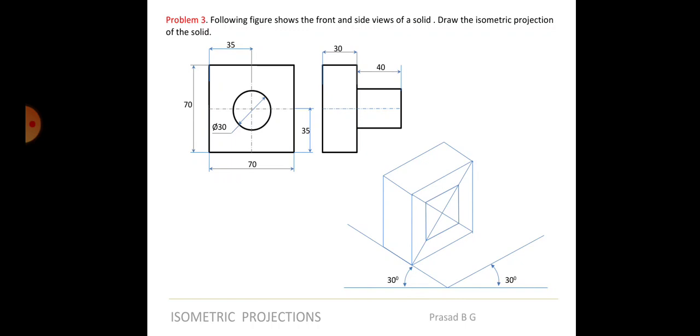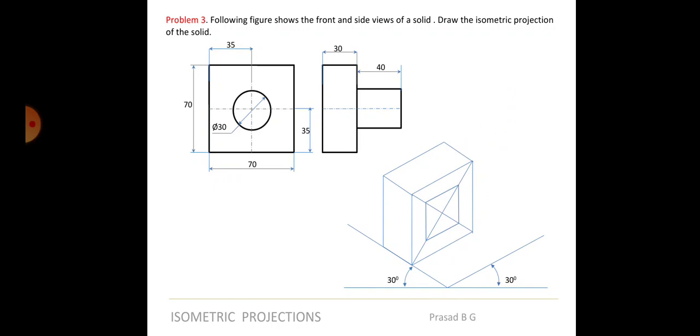So this is represented by the cylinder. The diameter of that is 30 mm, right? So you can take the distance from the center and take 15, 15, 15, 15 on either side and make a box. And there is one more simpler way of doing this also. It's just another way of drawing the box. One is from the center, you know that already.